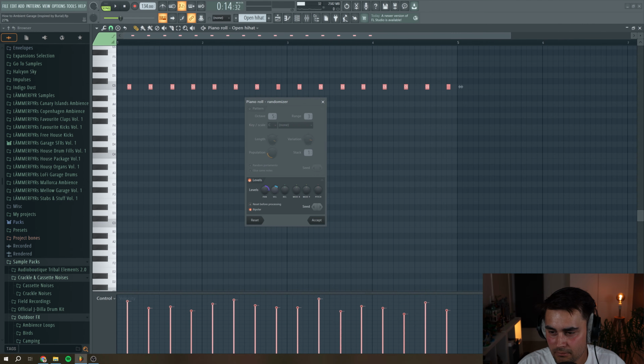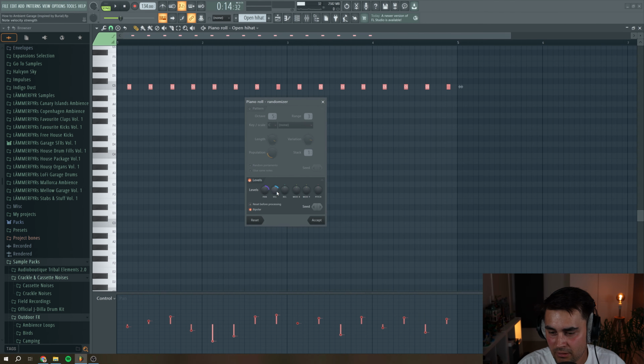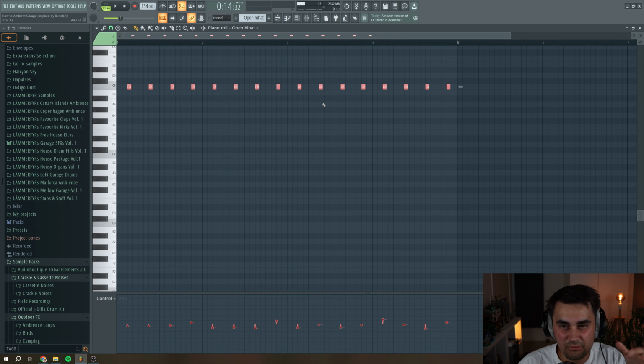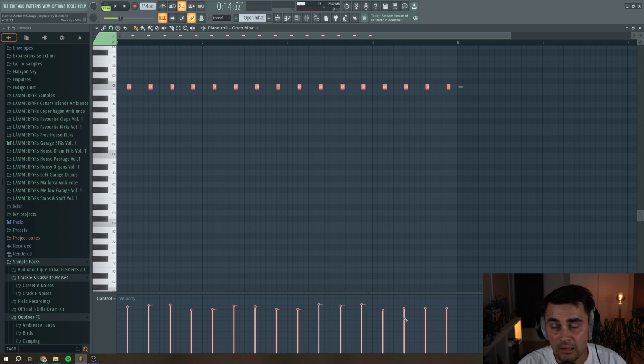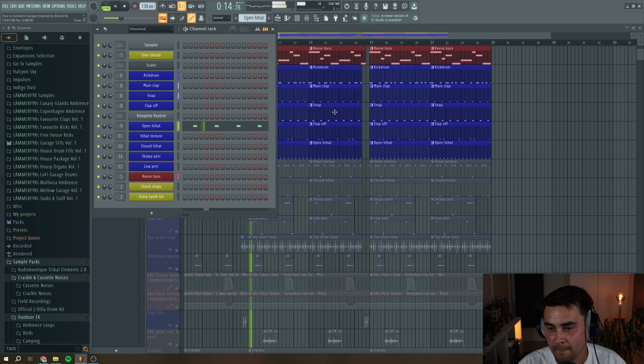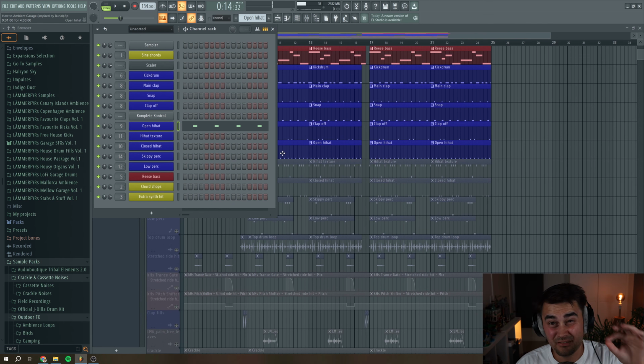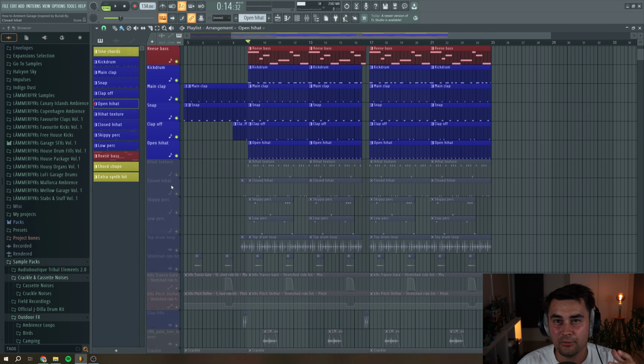crank this up with the panning and the velocity, and you can see down in the bottom, it's changing the notes in a random way. So you get not everything being the same velocity level and the same panning settings. It can just add a little bit of tiny movement. If you look down here, I have a little bit of panning added to the open hi-hats and also velocity as well, because I hate to have really static drums. It can get a little bit boring. This is just a really subtle thing that you might not hear instantly, but just a little bit of extra